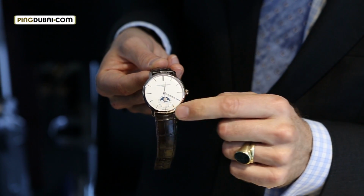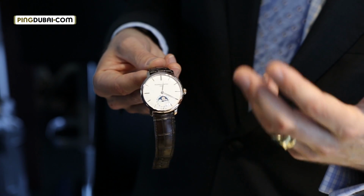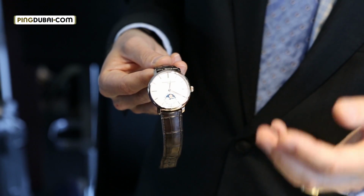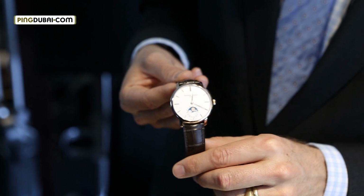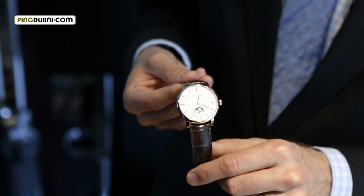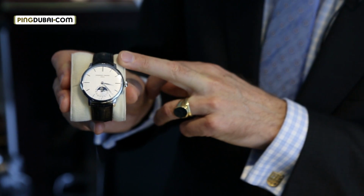Moon phase indication and date by hand. This type of layout is from the 1930s. It was a very popular way of display, and we have reintroduced this in today's automatic watch. So this was the real success, big classic and very successful. We have it in rose gold, and also we have it